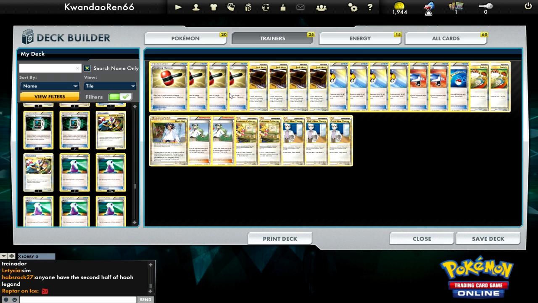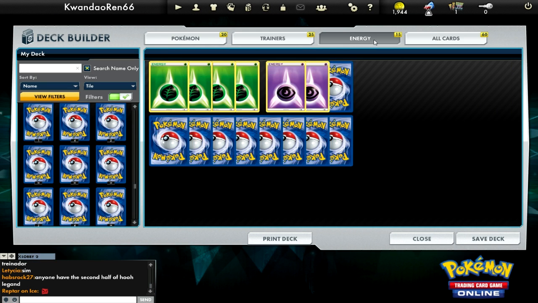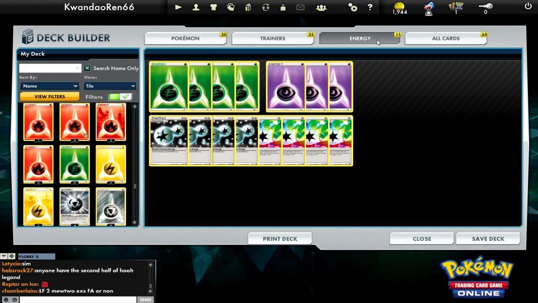Hammers to stall for time. I only have 2 catchers in here. That's weird. 2 catchers, 2 switches. Whatever the case, this actually worked out great. Prisms, Grass, Psychic. Oh my god, I run 4 different kinds of energy in this deck. That's silly, but I guess it works. Because...